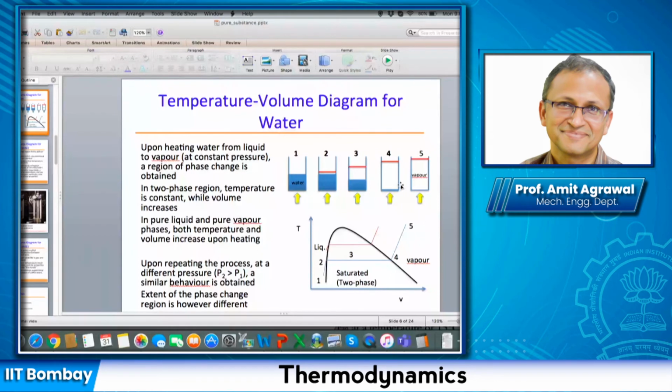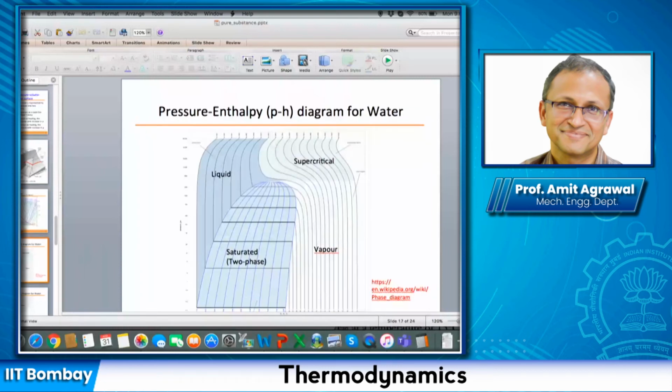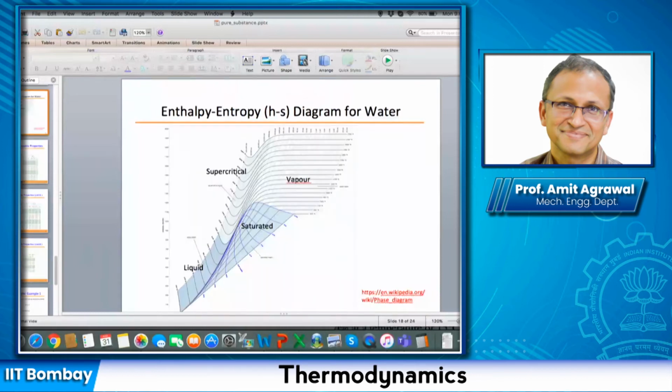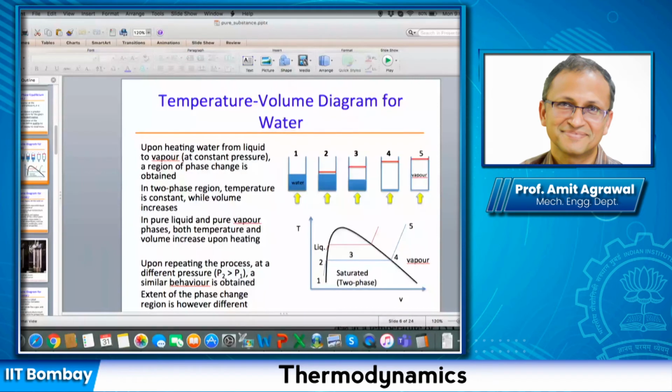So whatever chart we are talking about, let me again remind you that we have seen charts like the TS diagram, we had looked at the pH diagram, the HS diagram, and so on. So how are we doing this process? I think it's a very good question that you have raised here, and I hope this will clarify for everybody. So this is my experiment, the experiment that I'm showing you here. From this experiment, this is my actual process that I'm following.